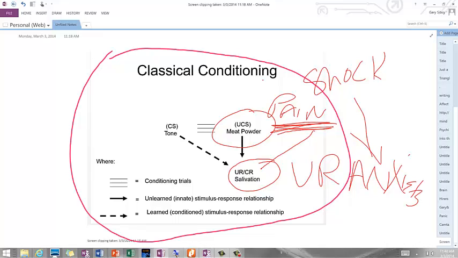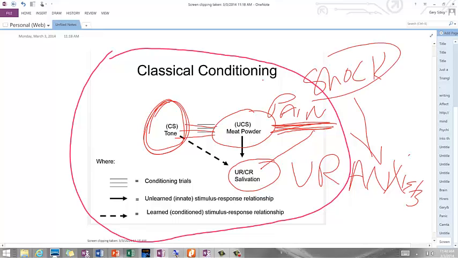Now, let's just suppose that you hear a tone here in the class, and the tone is then repeatedly paired with the shock.